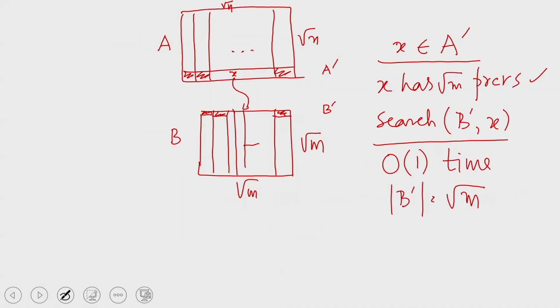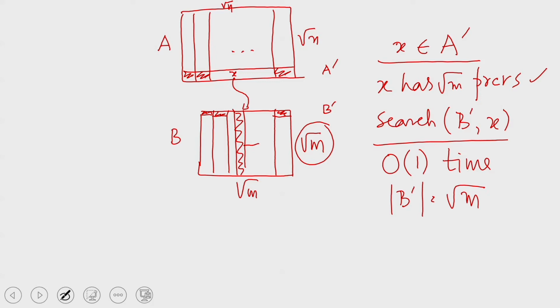Once again, visualize the arrays as two-dimensional arrays, square arrays. Every element, every leader on one side knows the column in which it falls. For example, this x knows that it falls within this column. Now, what is the size of this column? That is square root of m. And how many processors does x have? X has root m processors. With root m processors, we can search for x within this column, and that search again will execute in order